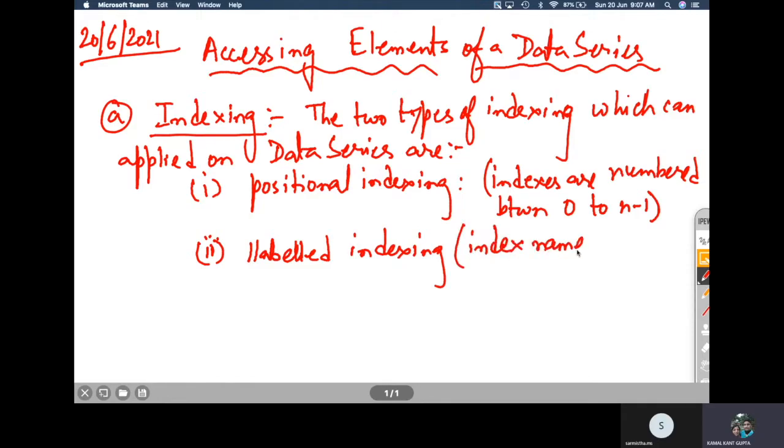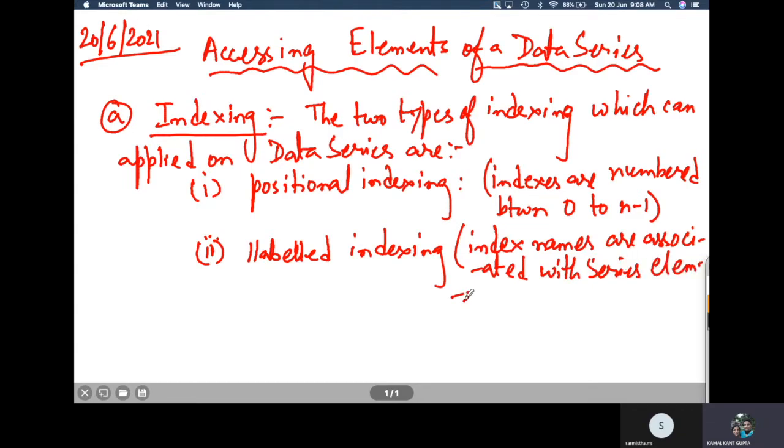Index names are associated with series elements, and we access those series elements using these index names, right? So let us see an example of how to do that.